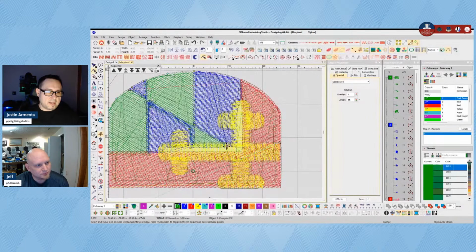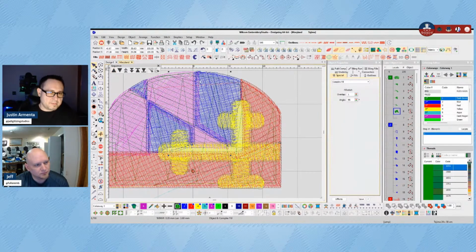So I'm going to go back in. I pulled in these areas underneath the blue. I'm going to come back to this side, delete the curve node, pull in these areas, and make sure that there's another curve node hiding there. And just make sure that those areas now are going to be sufficiently tucked up underneath the other fill. So when you do have that pull of the fill, it's not going to pull so much that it's going to open up and show that gap between and show the material show through. So